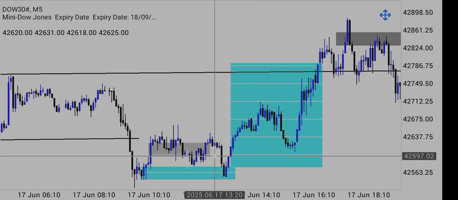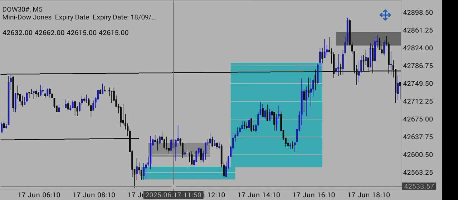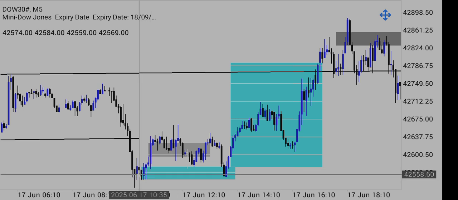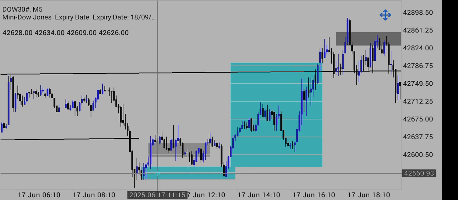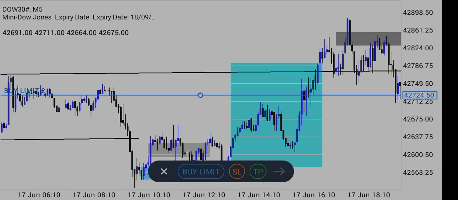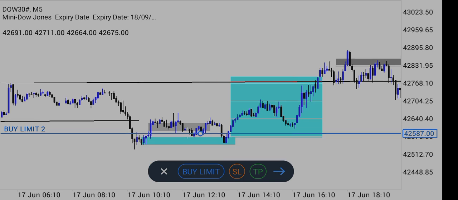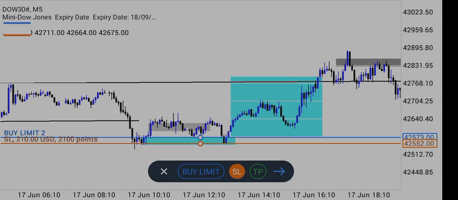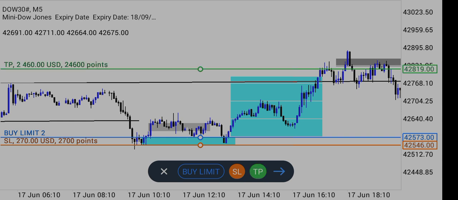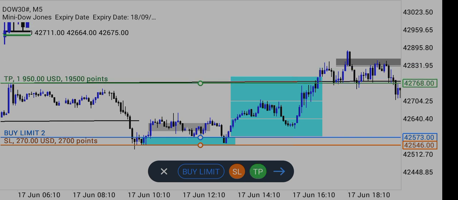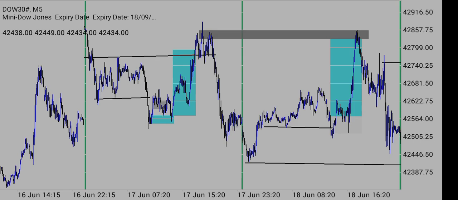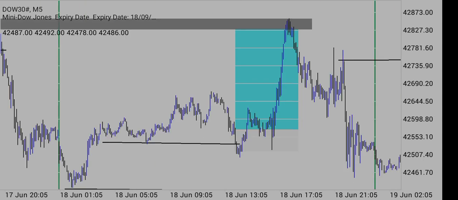How are we going to enter? We are going to enter through a mitigation. This is a mitigation block, and we can take a bigger lot in it. SL should be below it. TP is the high of the session or liquidity. So you can, and next day,